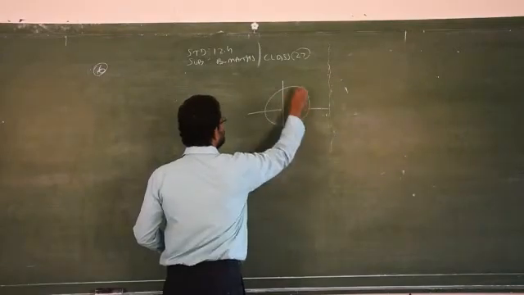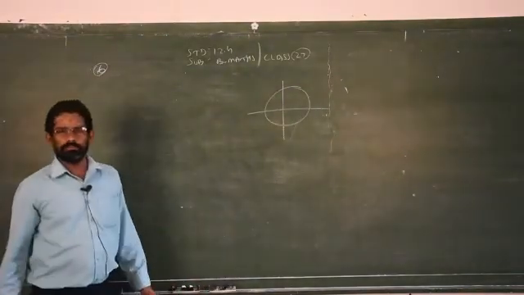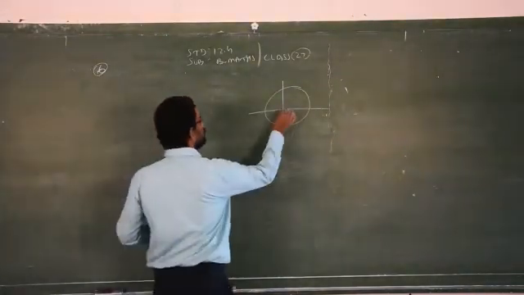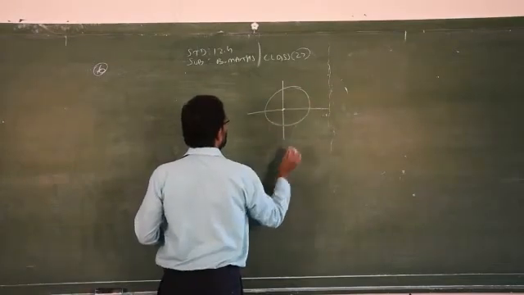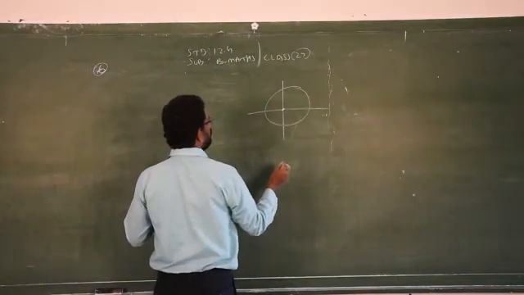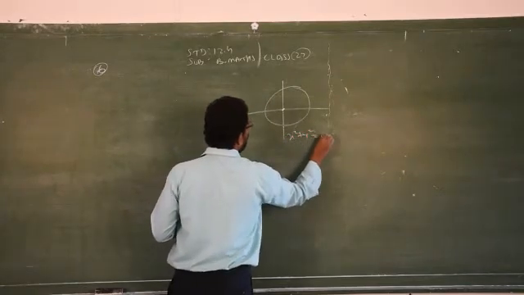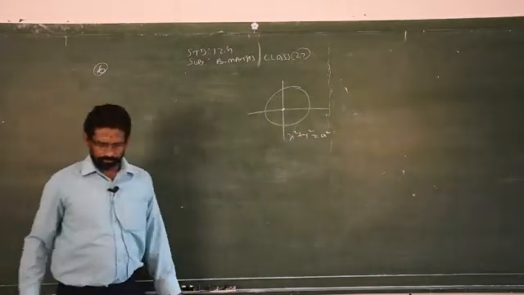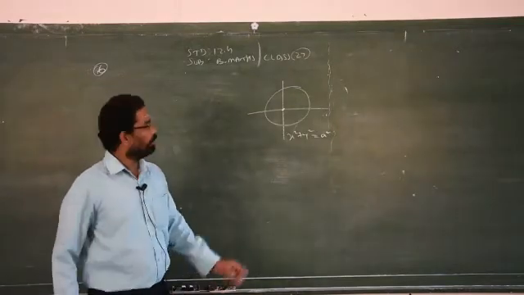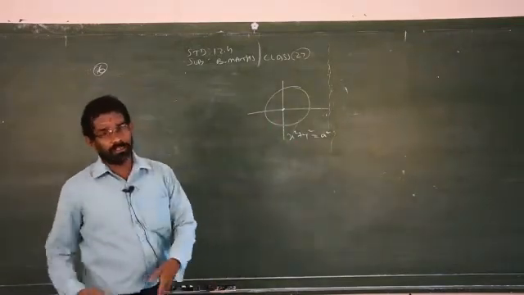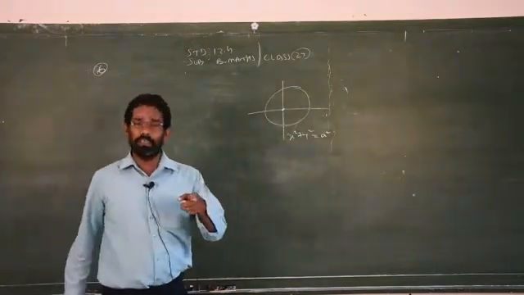Some of the boys misunderstand the concept. This is the origin, so you will have a circle. When the circle has its center at (0, 0), then this is the general formula. Already we did one problem, the second Roman number. So don't misunderstand the question. It is given very clearly.